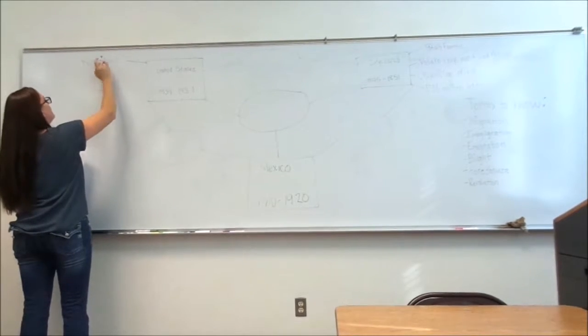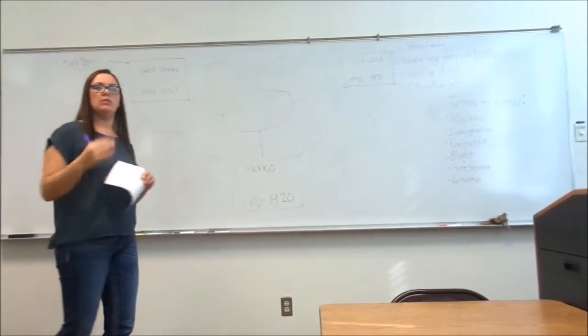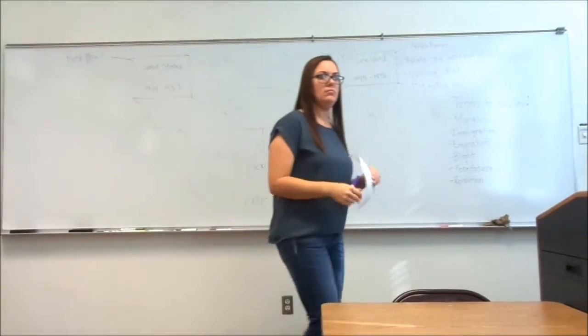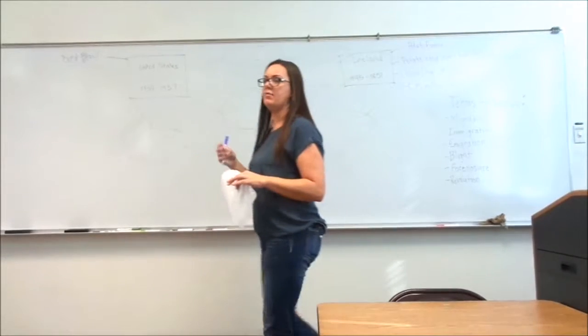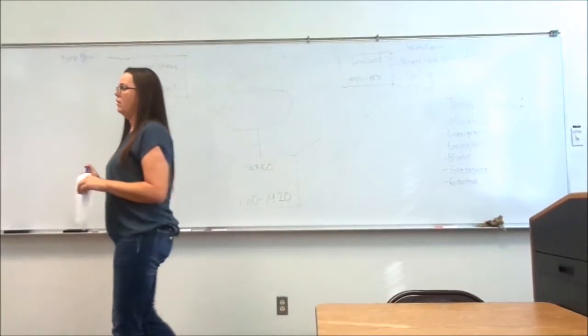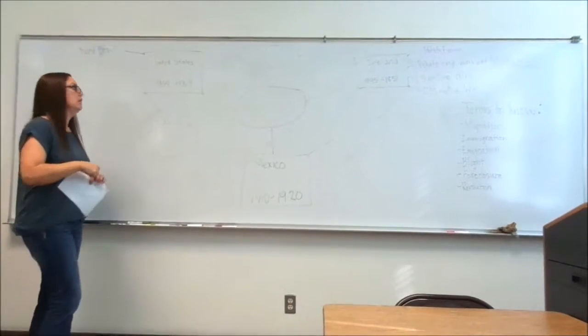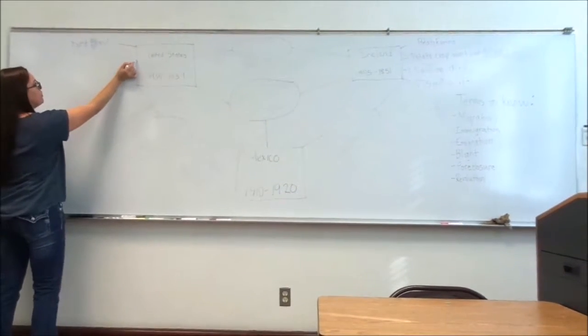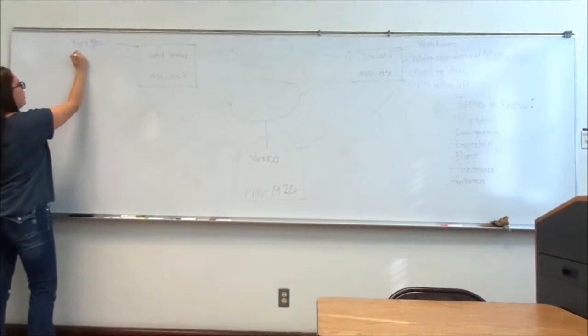Let me get my thoughts together. And what happened? What is the Dust Bowl? What can dust do? What does it do to these people? And how does it make them have to leave their houses and their land? The crops won't grow. Correct. The crops won't grow because of the mass amounts of dust. So crop failure.